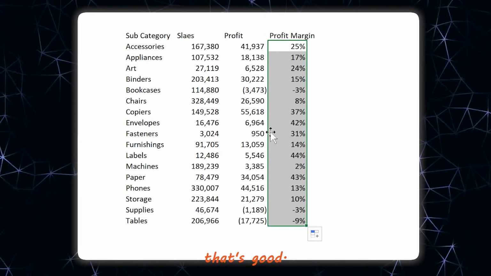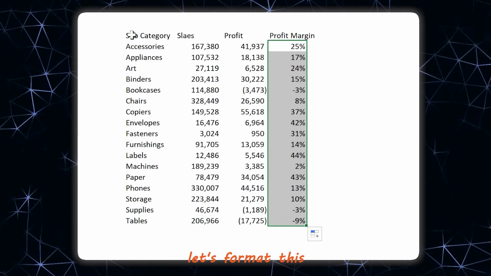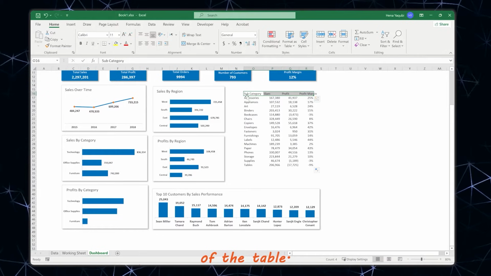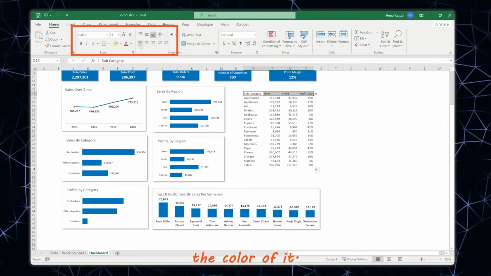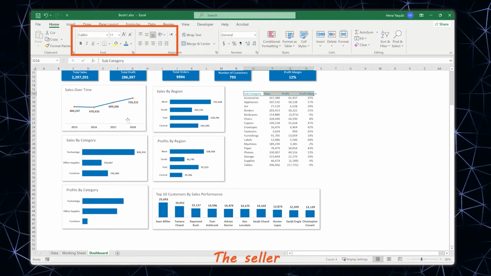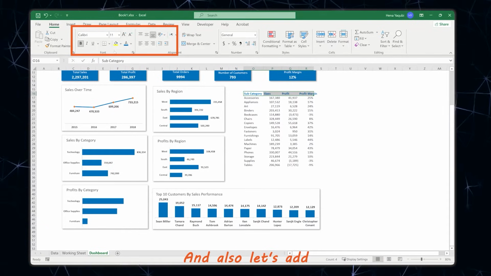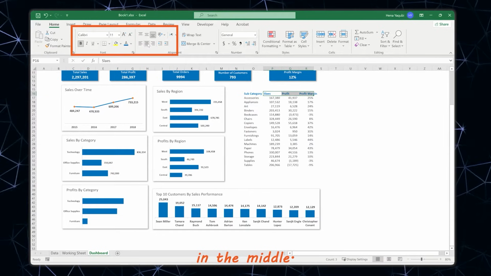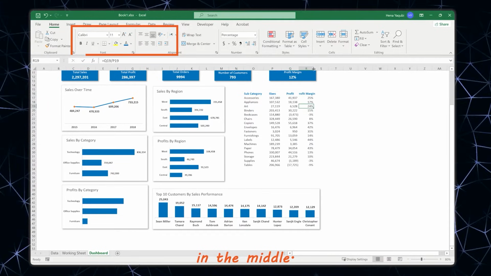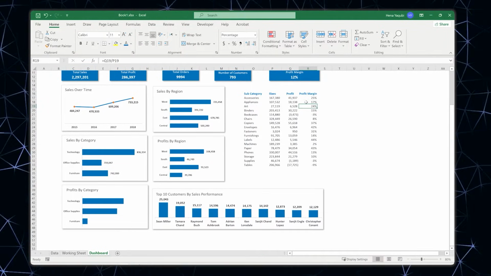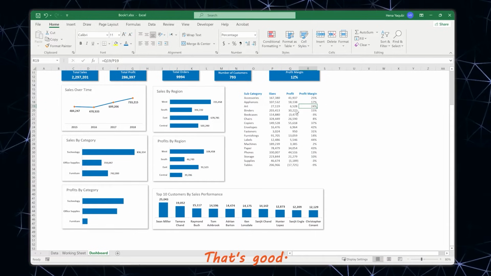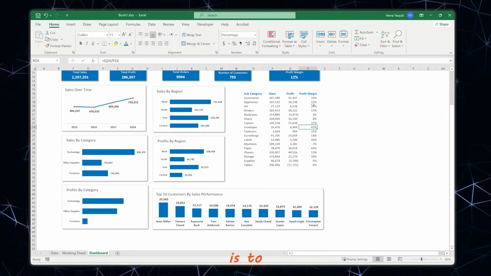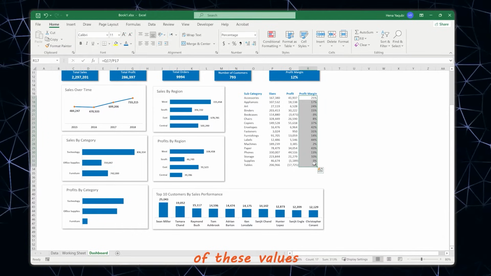Okay, that's good. Now also let's format this header of the table. Change the color of it. This color, also make it bold. And also let's add these three in the middle. Okay, that's good. So one other thing that we can do is to custom format these values to make sure